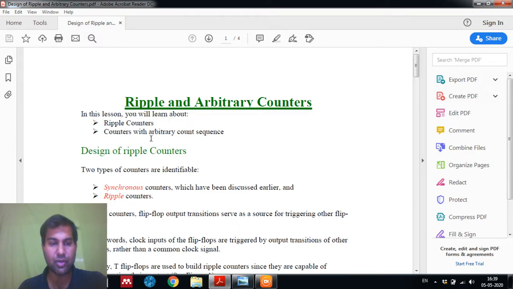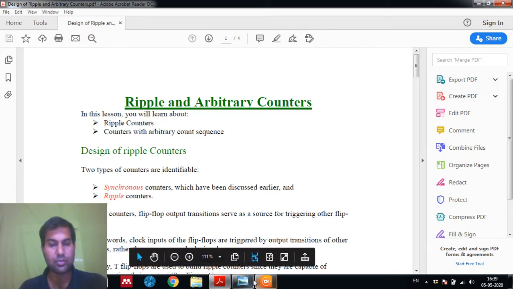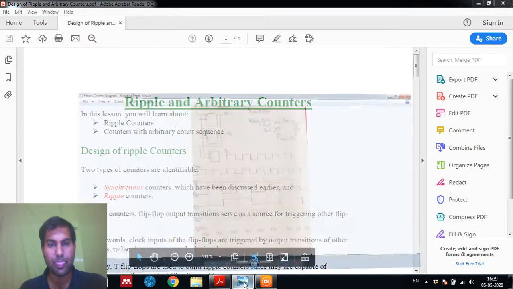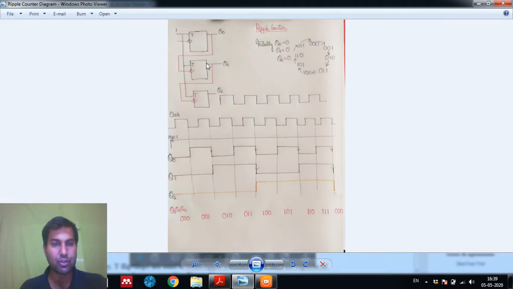As you can see on the screen, synchronous counter is that counter in which all the flip-flops synchronize with each other, and ripple counter is that in which all the flip-flops are not synchronized with each other, right? So to learn this ripple counter, I am going to explain you about this